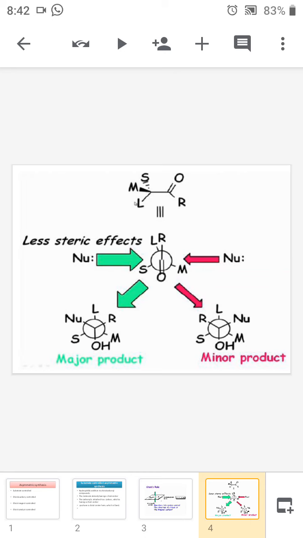Then we have to write the carbonyl group perpendicular to the R, and arrange the remaining three groups of the chiral carbon atom as small, medium, large, and we have to write the molecule in the Newman projection formula like this. Okay, now according to